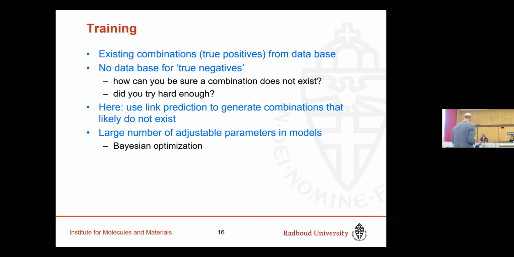You can never be quite sure. True positives do exist. If you make something, it's there. But you can never guarantee that something is impossible to make, right? Maybe if you try harder and slaughter a few animals on the way, or whatever black magic you do to make something, you can never be quite sure. But this is one way of doing it.